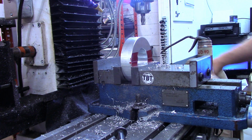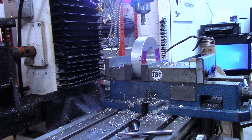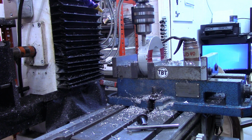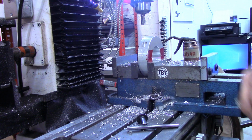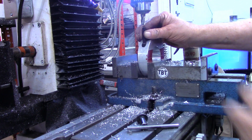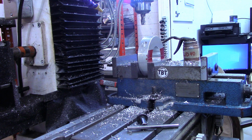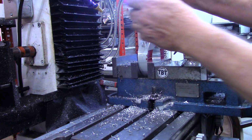All right, now we can move over to the side. Maybe you can see what's going on here. What we have in here now is a recess that the head can sit down on flat. So what I'm going to do now is use the tap drill for a 5/16 18